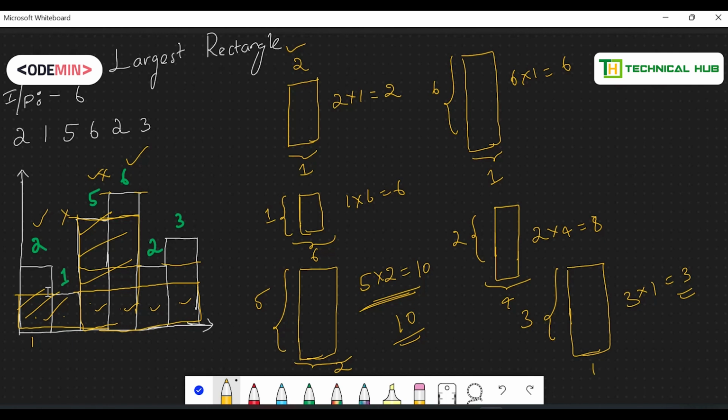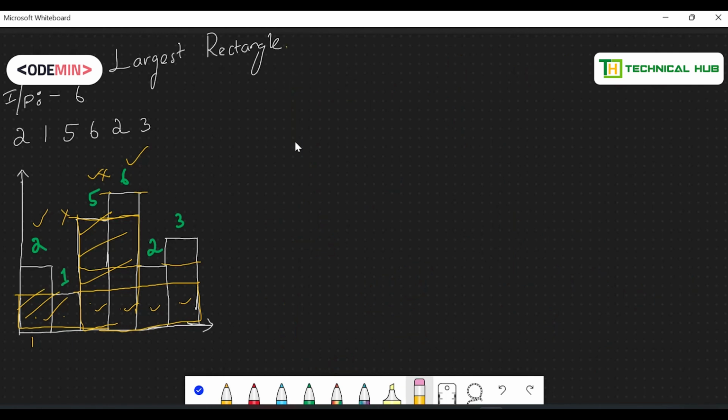So how do we solve this question? Okay, so we'll see the solution approach. So I'll take the help of stack. So while I'm explaining this question, I got a very great idea. So if I tend to take 1 as my height, and if I want to extend towards its left and right, then till where I am able to extend, until where my extension is happening. Okay, if I choose 2, I can't extend towards its right because the next itself has a smaller value.